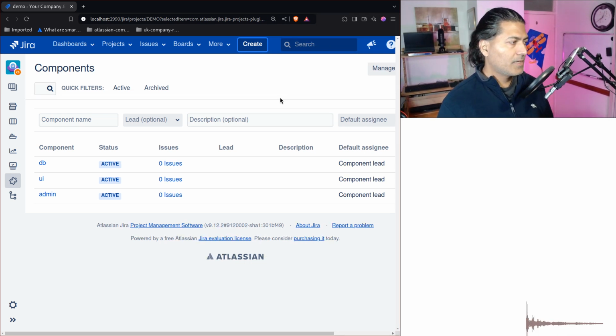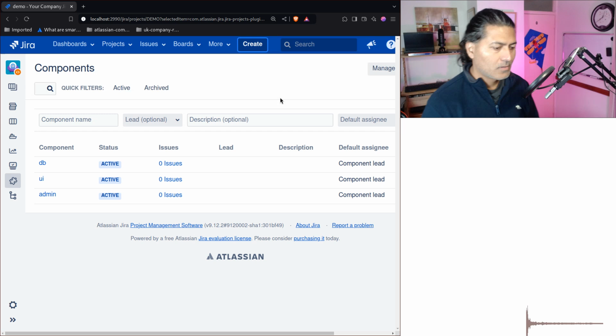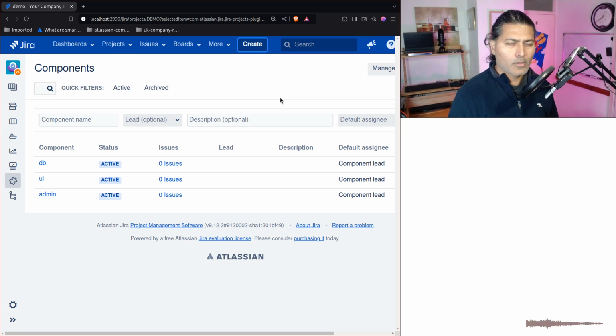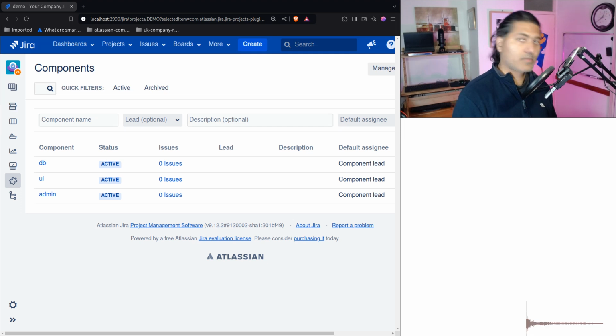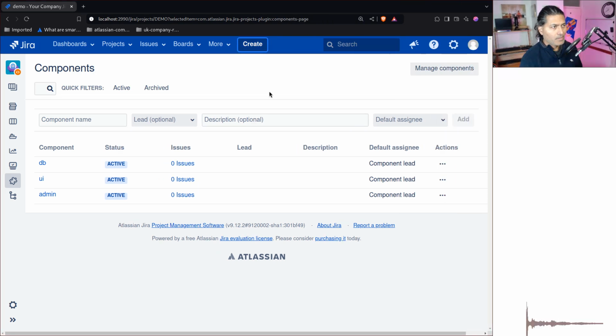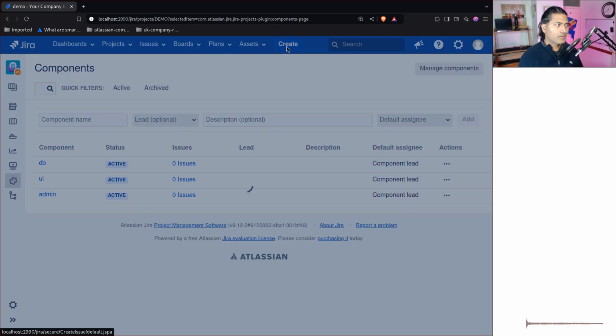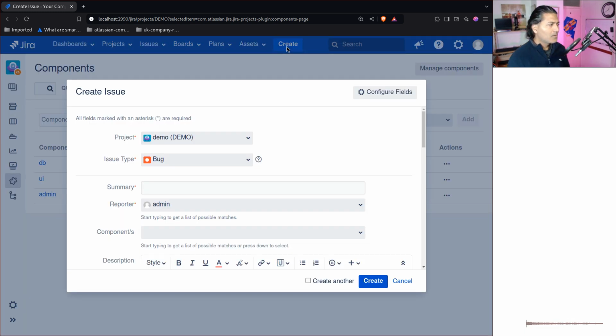Hello everyone. So today I was writing a very small, simple script to basically have some pre-filled description based on a component. Now what I have here in my project, I have three components, right? DB, UI, admin. It could be any component, by the way. And what we want to do is whenever the user is selecting a specific component, we want to have some